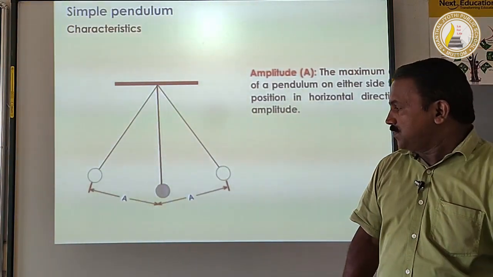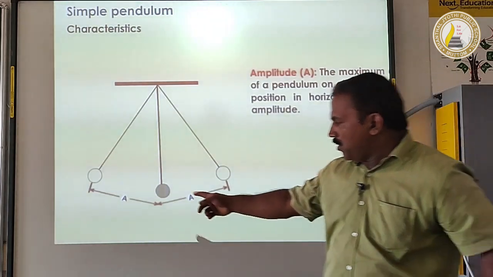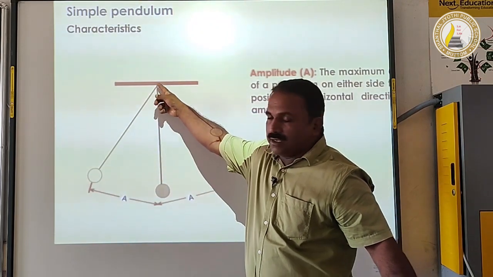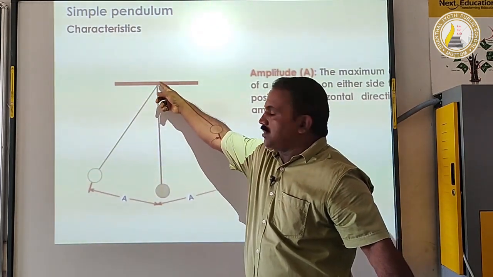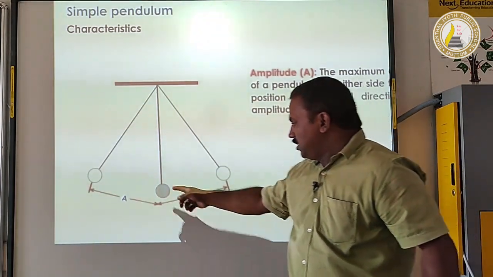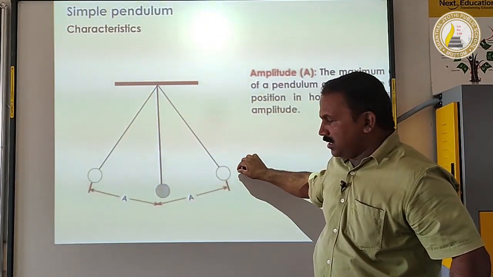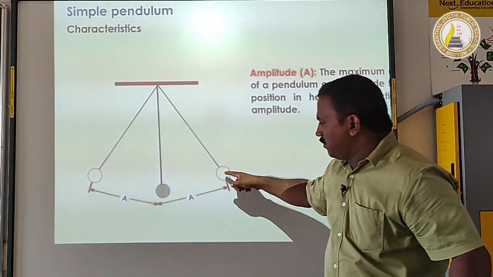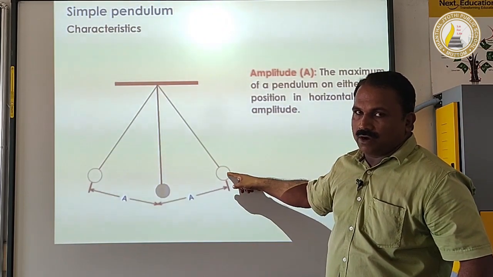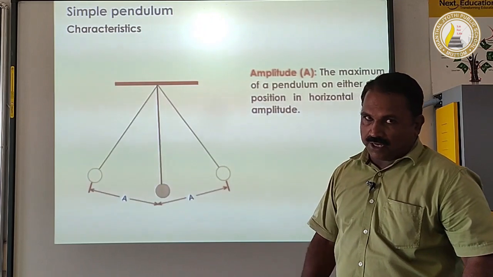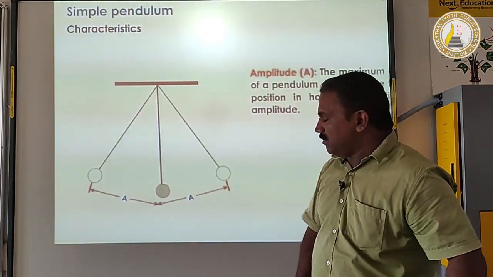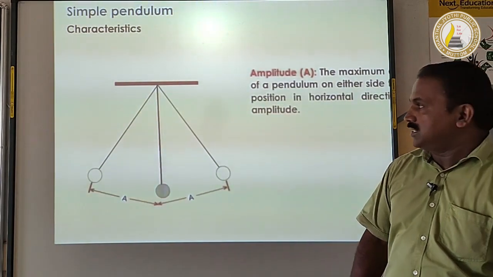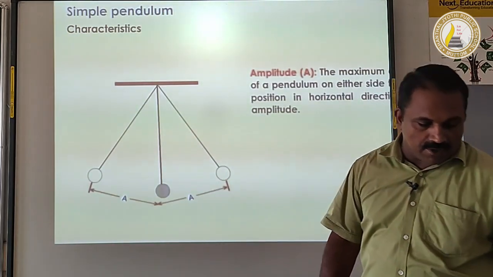This is the simple pendulum experiment. This is the bob, or one mass. It is connected with a string, and this string is supported on a rigid support. Then it oscillates. So pull it to one side and leave it. If we leave the bob, it will reach the other side, and again come back to the same position, then we can count 1. Like that we can repeat 10 or 20 times. From the total time we can find the time taken for one oscillation, that is called the time period of a simple pendulum.